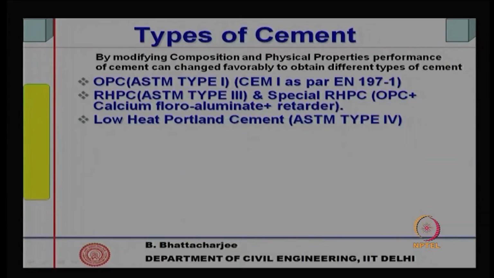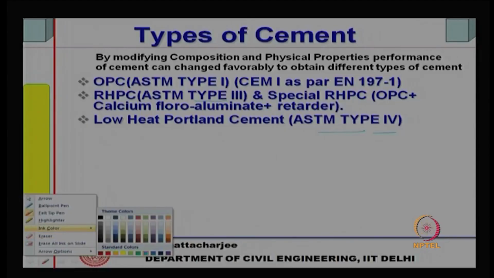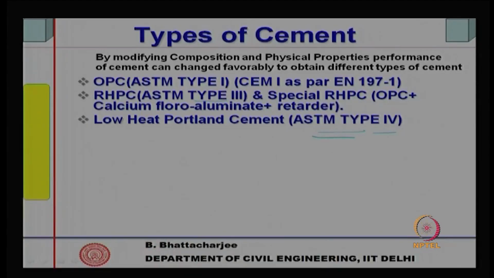So, they are basically fluoroaluminate type of cement. Then you have got low heat Portland cement, ASTM type 4. Now, this is ASTM type 3 and this is ASTM type 4. Now, ASTM type 4 is low heat cement. Now, low heat cement was used largely